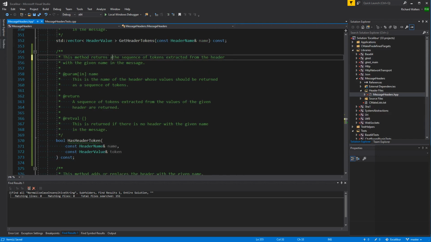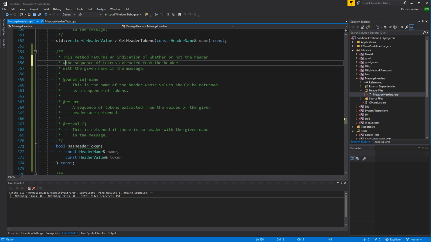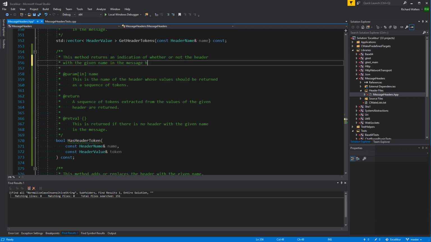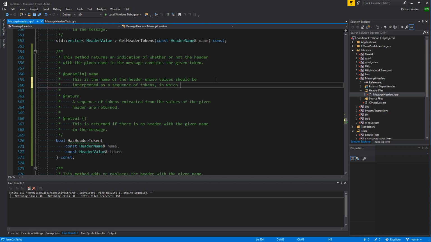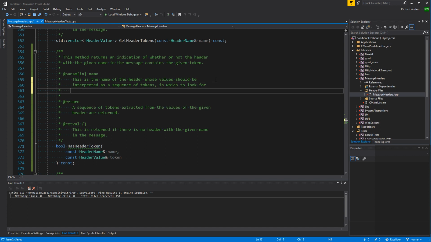This method returns an indication of whether or not the header with the given name in the message contains the given token. This is the name of the header whose values should be interpreted as a sequence of tokens in which to look for the given token.